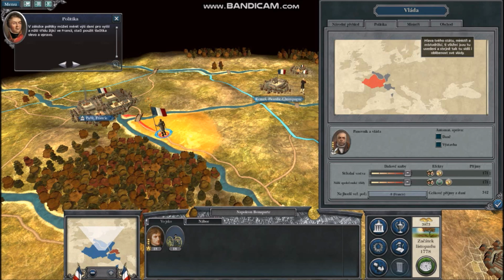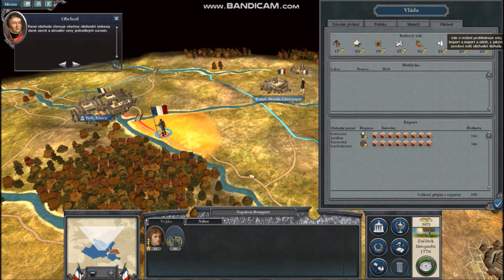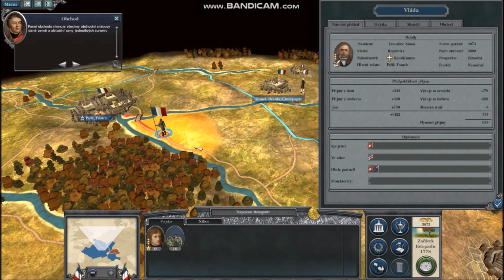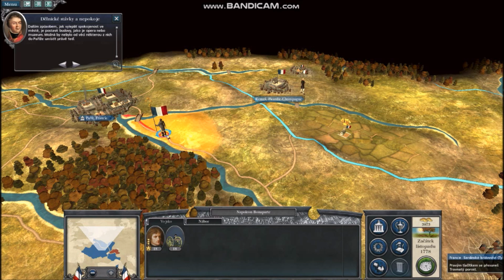To set the tax levels for the upper and lower classes of France, use the Ministers' panel. The Trade panel shows each nation's trade agreements and current market values for each resource. Another way to improve the happiness of a city's people is to